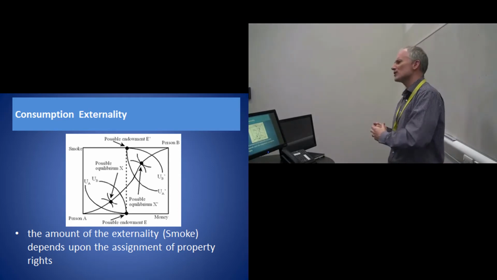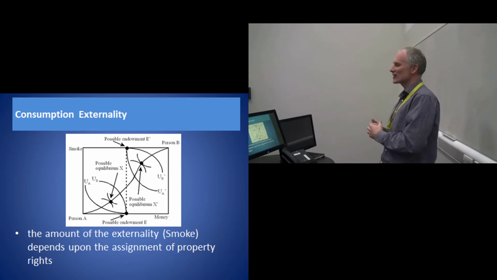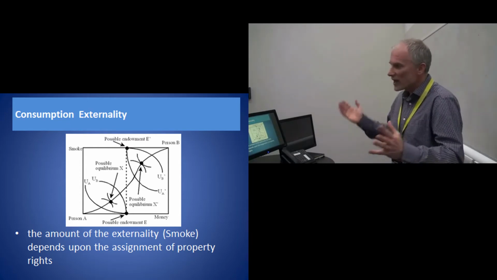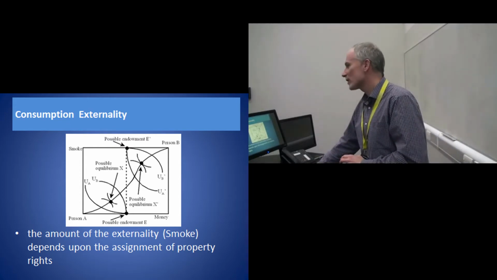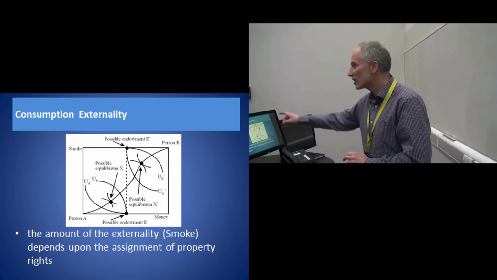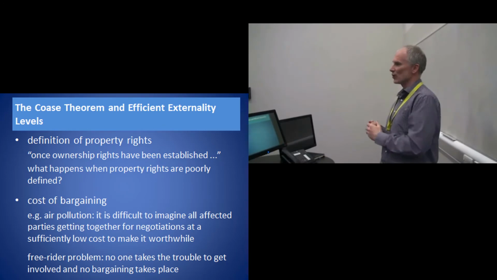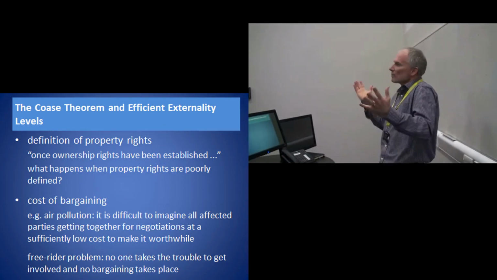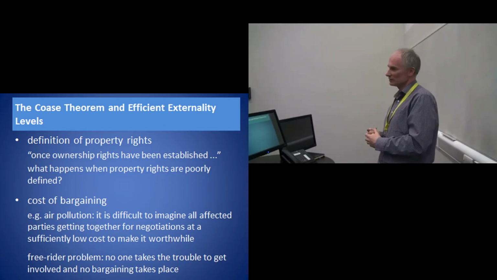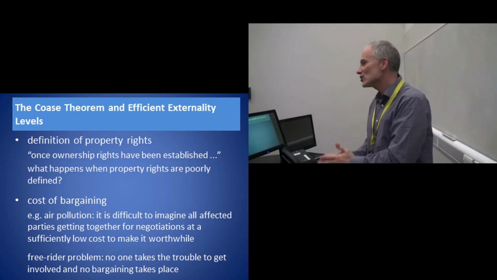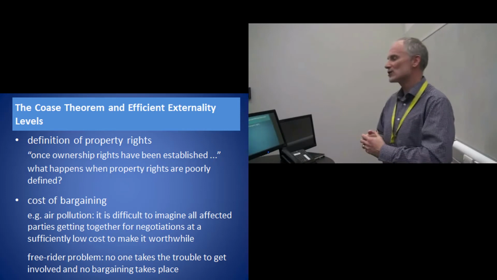So doesn't that seem a little bit strange then? That I started this lecture off saying externalities are a problem, but the Coase theorem has just said it isn't a problem. That it doesn't matter where we start from, the outcome that we will get, nevertheless, will be Pareto efficient. Well, that's fine in theory. What happens in practice, though? Is the Coase theorem always going to work?